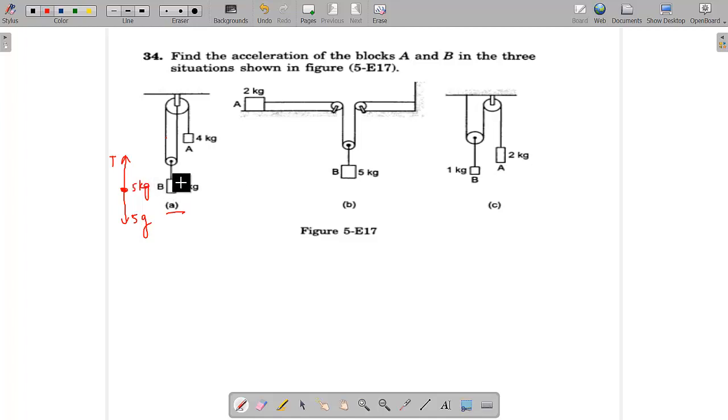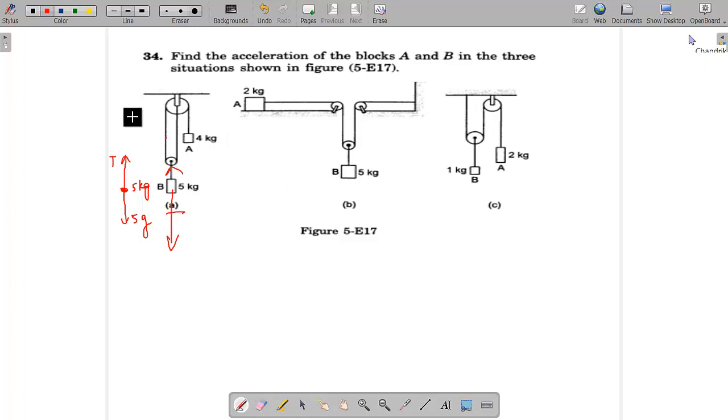See this block. What I had told you earlier is: whatever is in contact with the block, only those forces you have to consider. Whatever body you are considering, you have to see what forces are in contact with it, plus the gravitational force. With the 5 kg block, there is only one force acting downwards, and the other force will be acting due to the string.